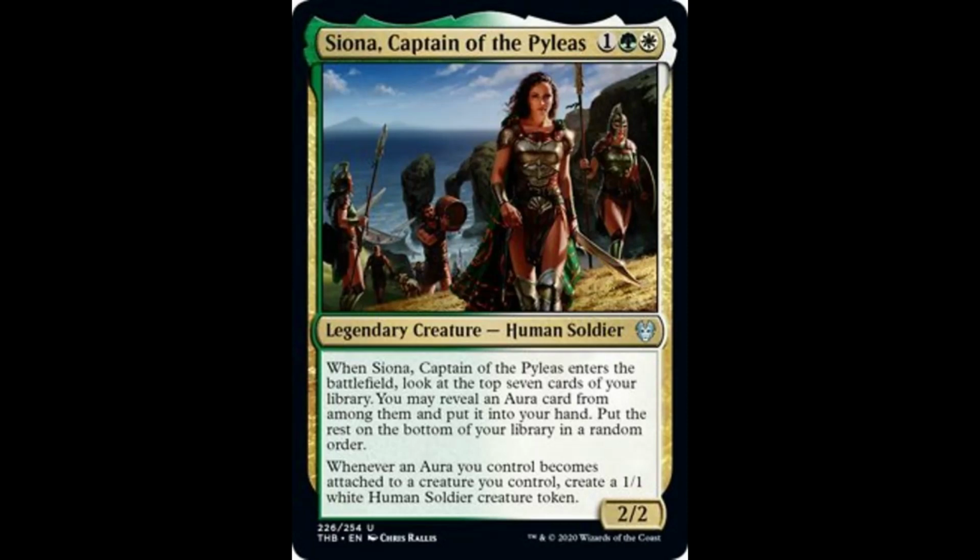This deck is a constellation deck. You want to be getting auras specifically, but in general, just enchantments are good, and getting value out of it. So, for those colors, I have...